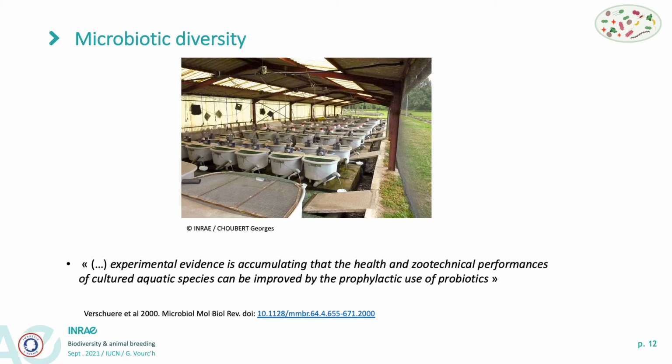And at the level of a farm or of an animal, you could act on many different parts of this system. If microbiota is disrupted, you are causing an imbalance within the microflora, dysbiosis, that can lead to a blooming of pathogens and loss of biodiversity, which can have very disturbing consequences. There are quite a few studies on aquatic species, and here a review showing that there is more and more accumulating evidence that health and zootechnical performance are improved by addressing the microbiota, by adding more prophylactic use of microbiota. So to conclude,